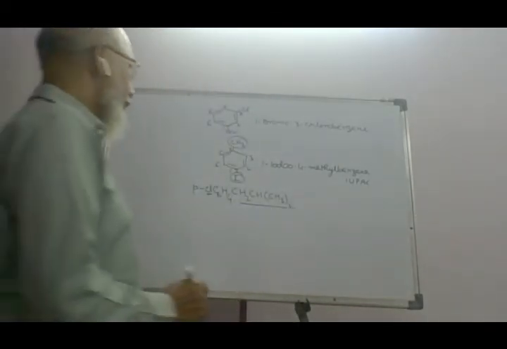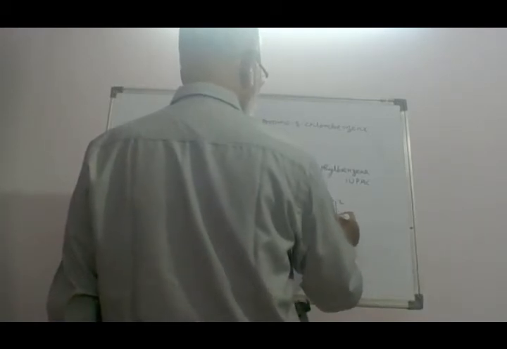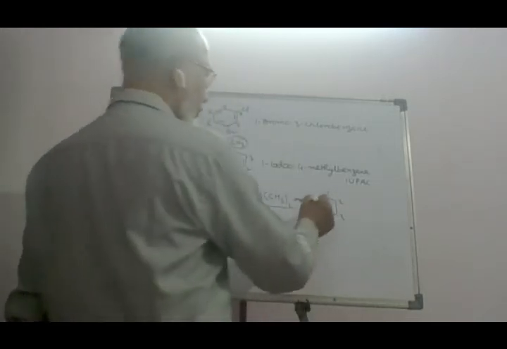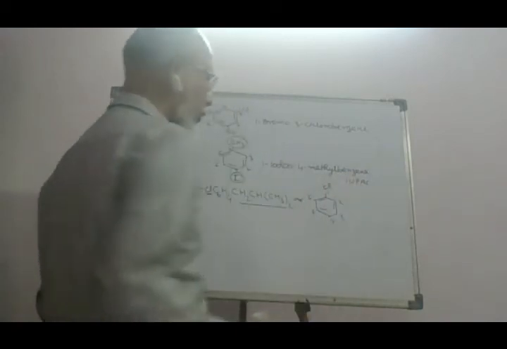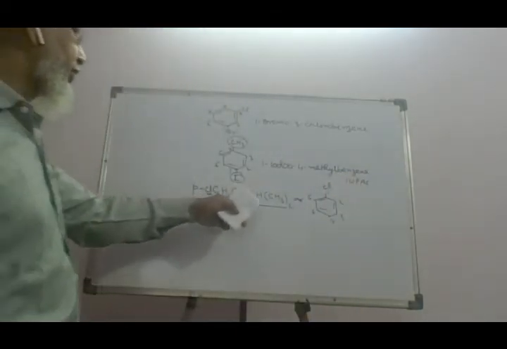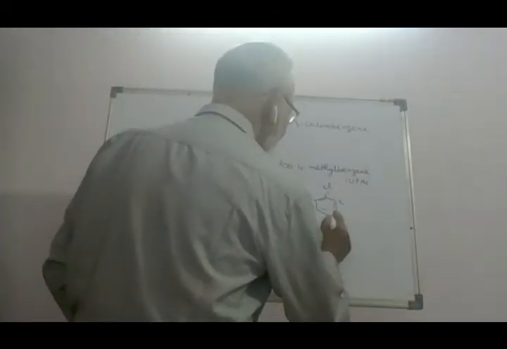So it means there are 2 substituent groups. One is chloro and the other is this group. So it can be written as 1, 2, 3, 4, 5, 6. 1-4 position is known as the para position. Therefore, it will be this chloro, and at the 4th position CH2, CH3 whole twice.